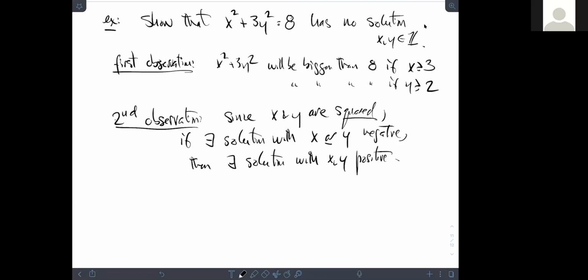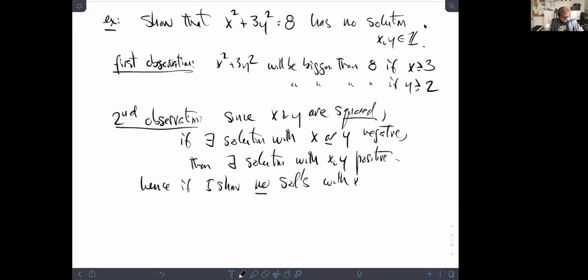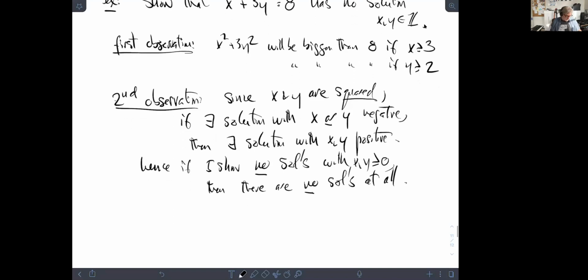Yes. So by the same reasoning, what it says is if I show there are no solutions with x, y positive, then there are no solutions whatsoever. So hence, if I show no solutions with x, y greater or equal to 0, then there are no solutions at all. Okay, so I don't have to worry about negative values. I can just look at greater or equal to 0. My first observation says I don't have to look very far. So from these two observations,